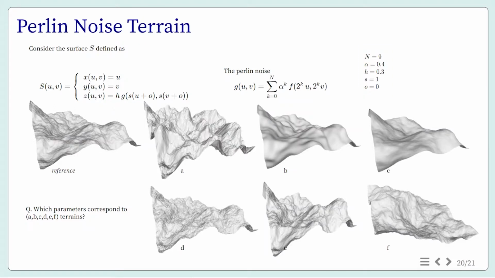So now for each representation, A, B, C, D, E, and F, I change one parameter at a time. So the question is, which parameter did I change? And which type of value did I use compared to the reference one? This is a modeling exercise, but it makes you think about the type of variability you can play with using noises.